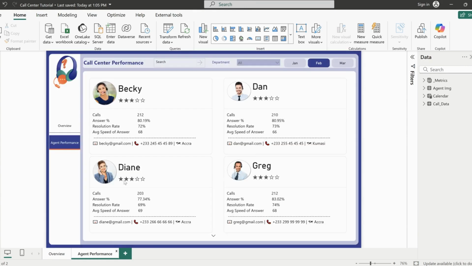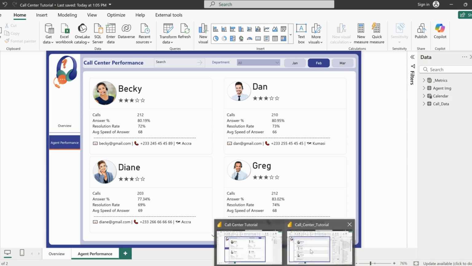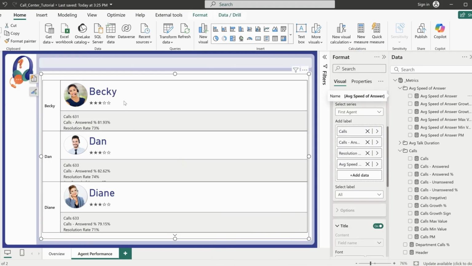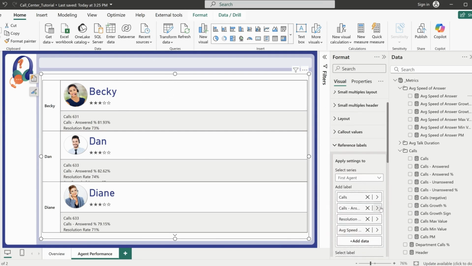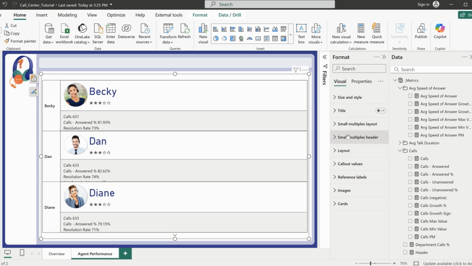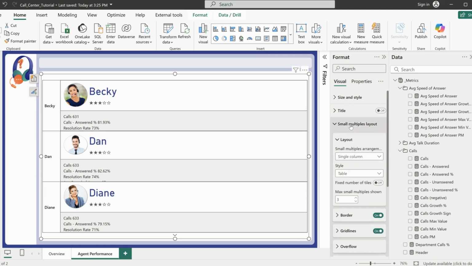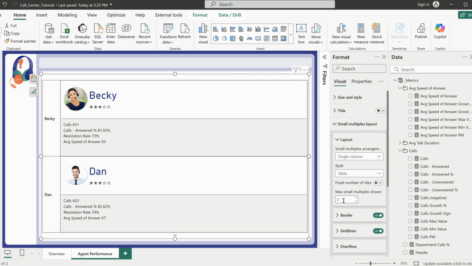Let's watch this carefully. Look at this down here. So let me first, maybe I should use one card for us to see everything on the screen. Then we can play with the rest. Okay, so currently, let's just use 2 cards. So in my layout or small multiple, maximum should be 2. So you can see we have enough space for us to see the rest of the reference labels that we